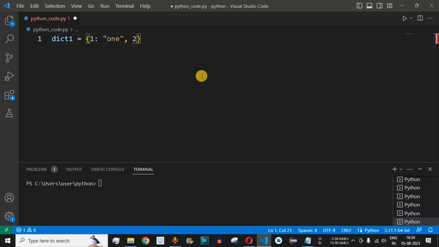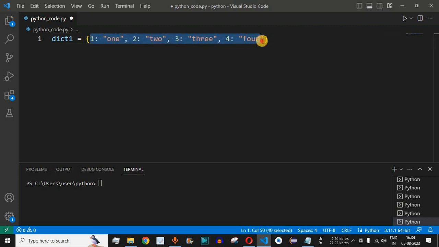Similarly, we have the key 2, and the value is the string representation of 2, and so on. We have 3 as well, and we provide the value as 3, and one more element, 4, with the string representation of 4. So guys, these are the key value pairs inside the dictionary variable.